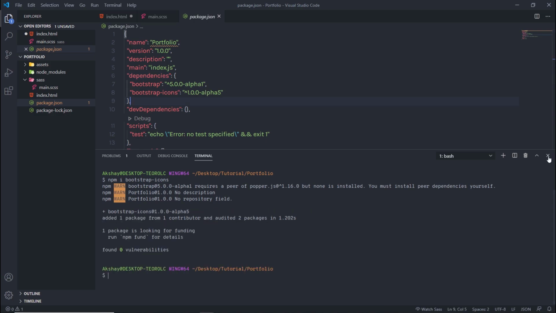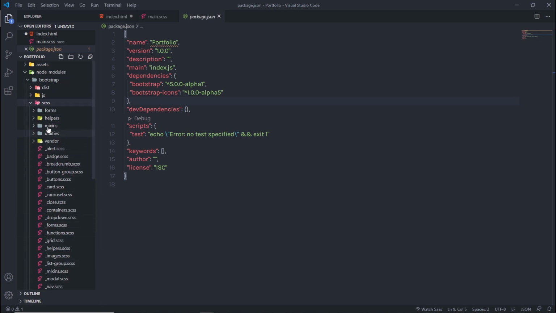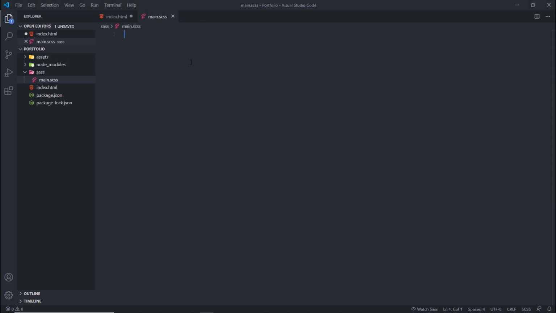Now I'm going to close this terminal, and in the node_modules folder, you're going to have the bootstrap and bootstrap-icons folders. So here you can access the Bootstrap files. Here you have all the Sass files of Bootstrap. Now I'm going to close this package.json, go back to the main.scss file, and here I'm going to